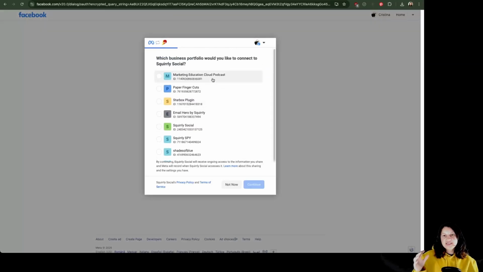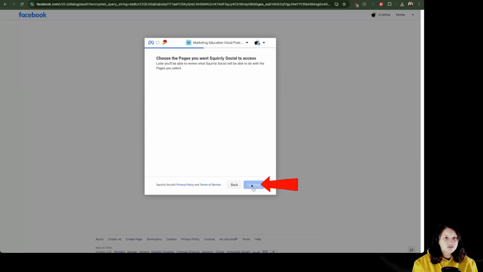So it's a bit difficult, but it's not our fault. It's not Squirrly Social's fault. It is actually Meta's fault, because it's pretty hard, or at least for me, to understand how to make the connections, because you do have to have an Instagram business account and also a Facebook page, and then connect the two of them, and then you are going to be able to see it over here. But you saw that in a few minutes I did figure it out. Maybe for you it's easier, maybe you're using Meta more often than I do, and then it's not going to be so complicated.